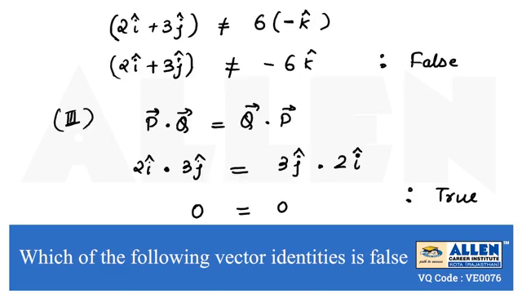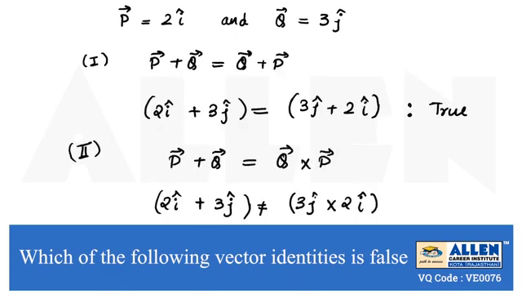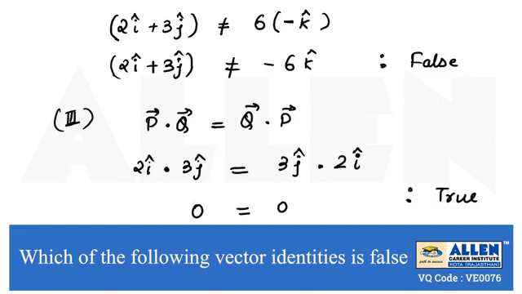So here in the second case it is given p plus q is equal to q cross p, which is given equal. So we can say these are not equal. If we check, the given statement is false. Here it is given equal, but we have seen in the final result they are not becoming equal. That is why we are saying the statement given is false. That is why we have considered this statement as false.